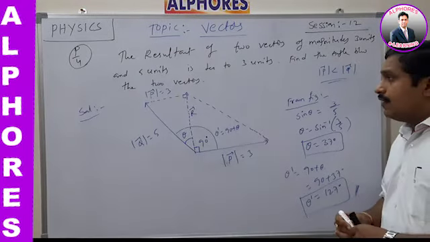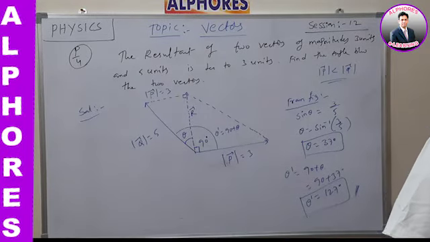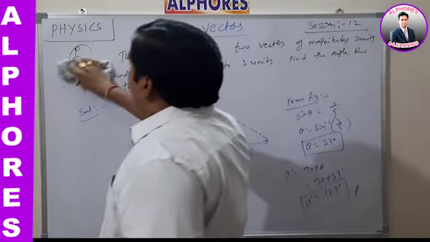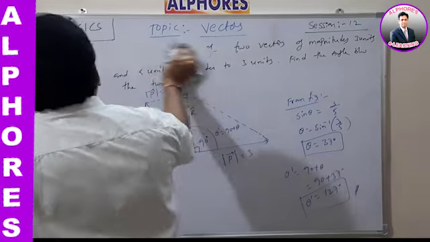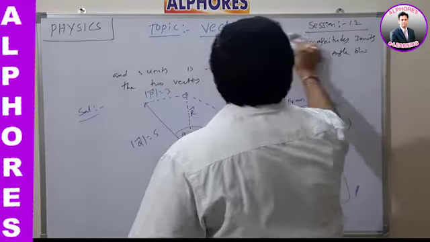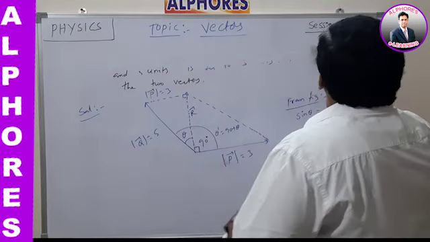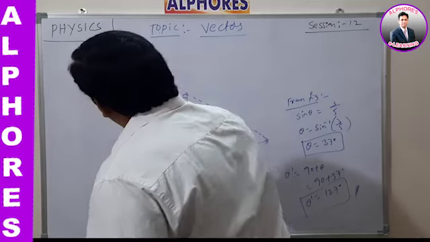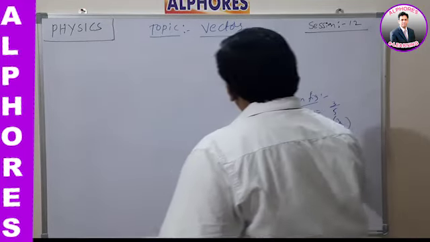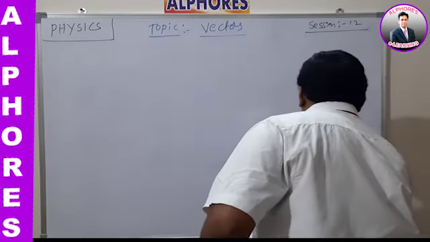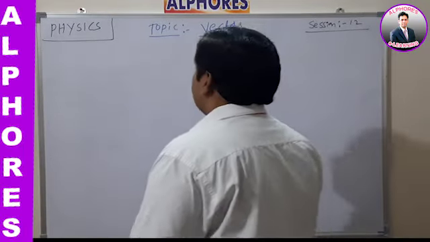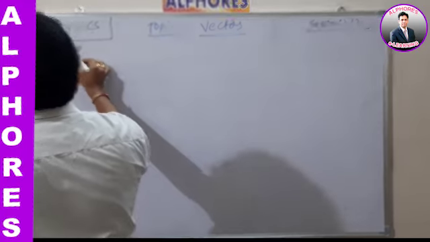So these are the problems which are related to the parallelogram law of addition of vectors. Now I have to give one more problem based on this concept. After completion of the concept, I have to go with the triangle law of addition of vectors. Okay. So that is also similar to the parallelogram only. Now, please write down the last question based on this parallelogram law of addition of vectors, problem number 5.